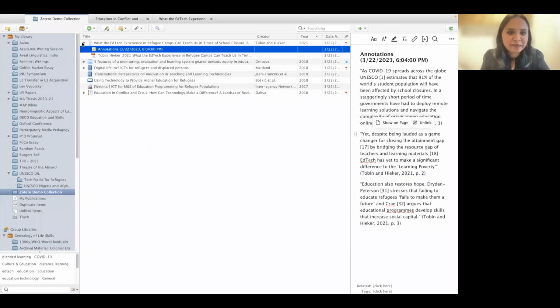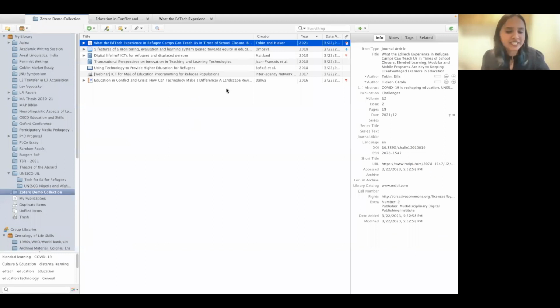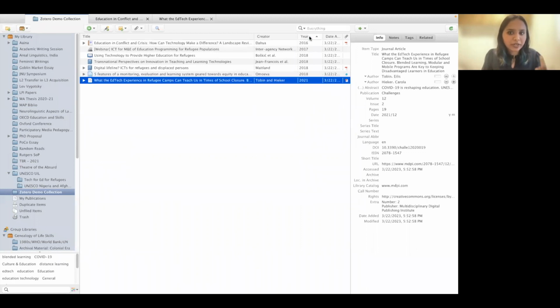So that's pretty magical, right? And it will really change your experience of writing. Okay. So that's about how to use Zotero as a PDF viewer. So you know how to use it as a PDF viewer, you know how to annotate, you know how to extract annotations. The best part about this is you can also organize it according to your, according to the title,